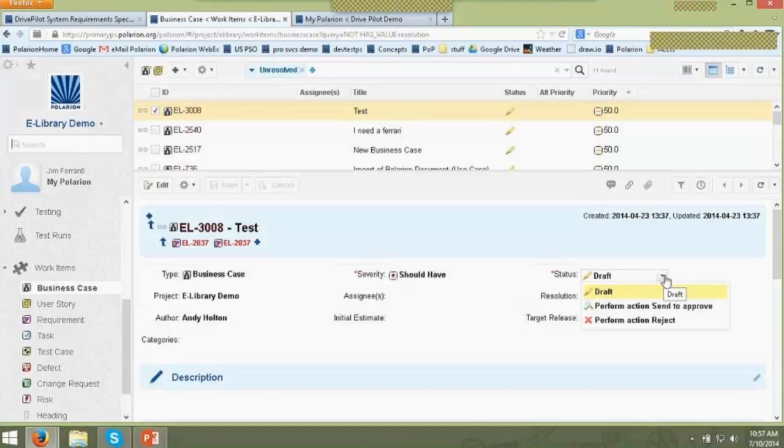This is where you can go from draft. You can go to approve, you can go to reject. That's it. If I go to a different test or a different type of, let's see what a defects workflow